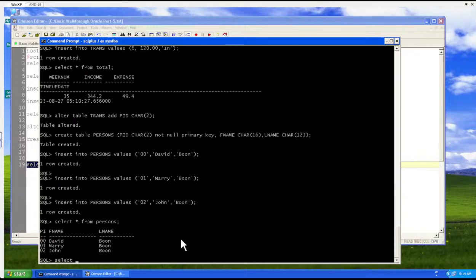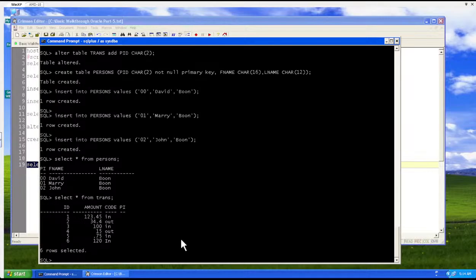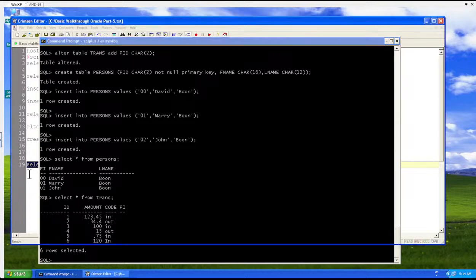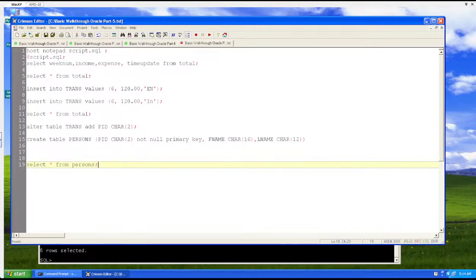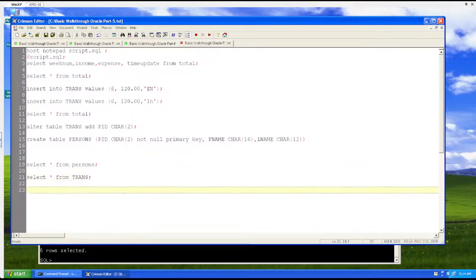Select star from trans. Then we will see that, oh well, you know what, right? That's good. PID. So yes, that's good. Nothing wrong. But we are selecting star from trans, right? So selecting star from trans, we have done that already. So we are selecting now. We are going to update how many 6 rows are there,